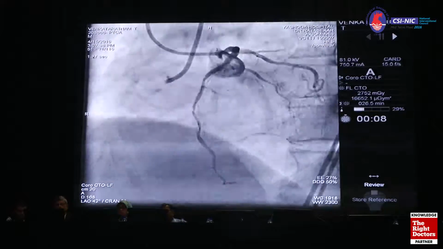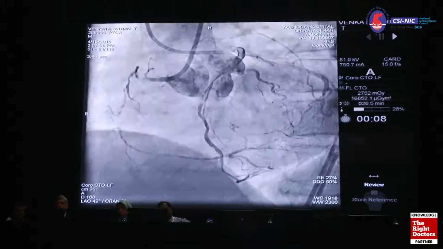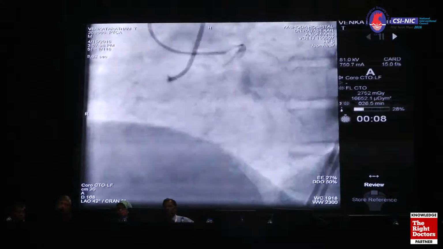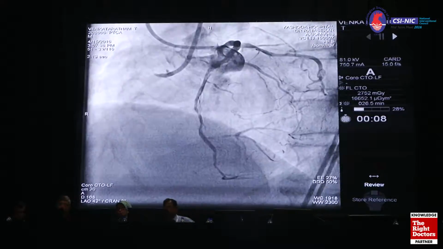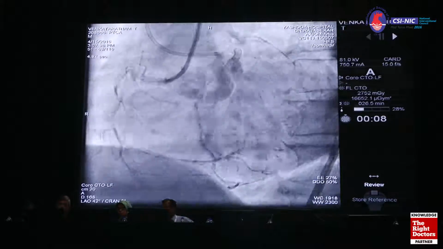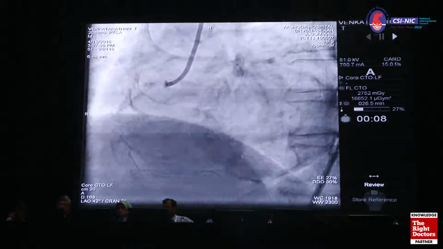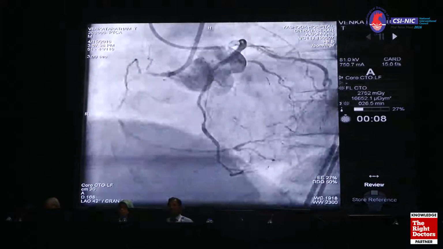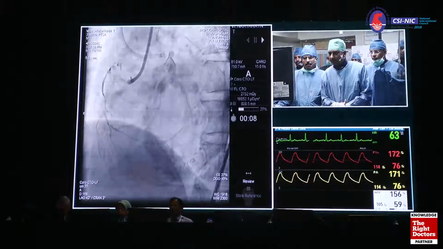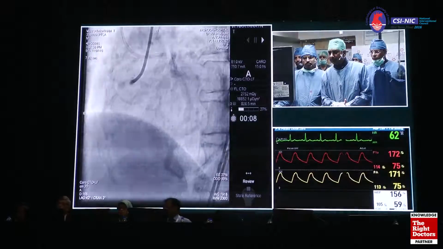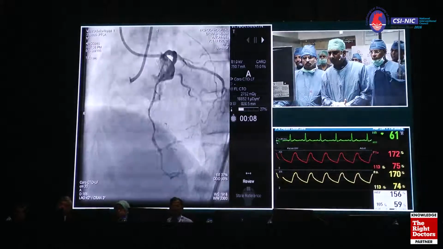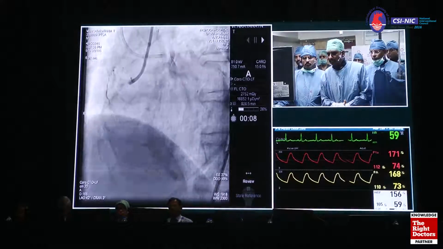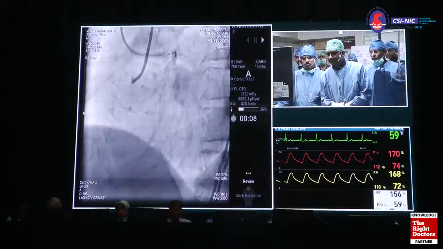I'm Sudhir Rathore, so I've just joined in for the right coronary PCI. As you've already seen this left anterior descending PCI, I was guiding. So we've just taken simultaneous bilateral injection to demonstrate the exact physiology and the anatomy of the right coronary artery CTO. So you can see it's a heavily calcified right coronary artery, which is filling by retrograde collateral, septal and epicardial up to the mid RCA segment.